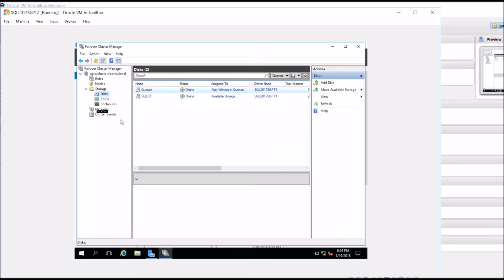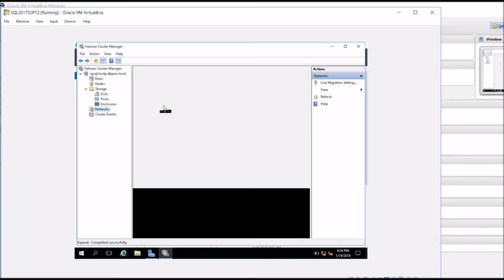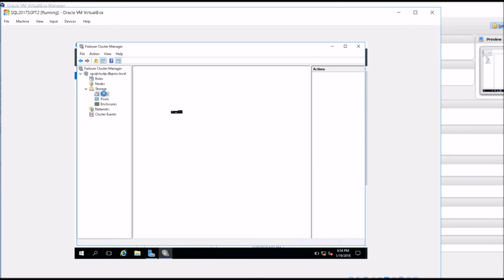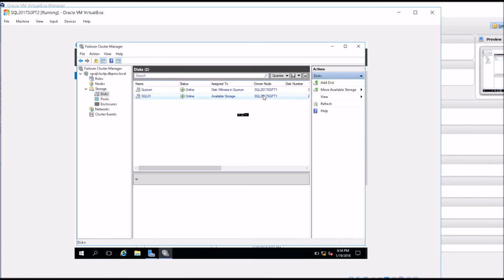In the network tab, we have two network cards on each of the nodes. One is for the heartbeat and one is for the client connects and the cluster. Now let's quickly see where the storage is before we go on to our setup. Right now our storage disk pool is on server 1. I'm logged on to server 2 right now, which is SGP2. So let's move the storage